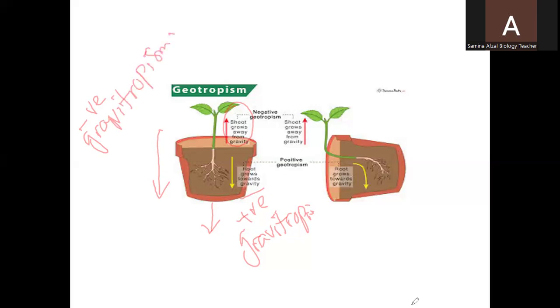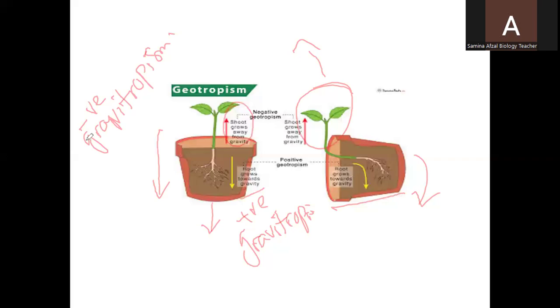And here you can see a potted plant which is tilted, and it is the same case. The roots are not going in the downward direction towards the soil at first, but then they move in the downward direction. So the roots will always move in response to gravity. And the next